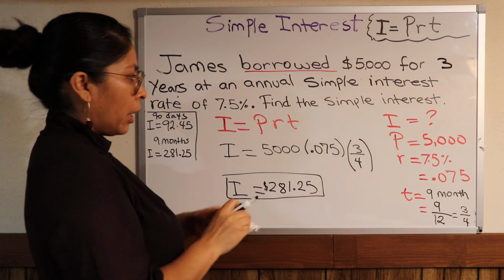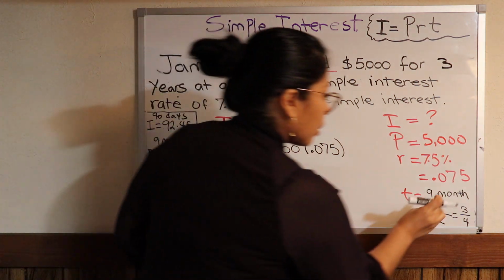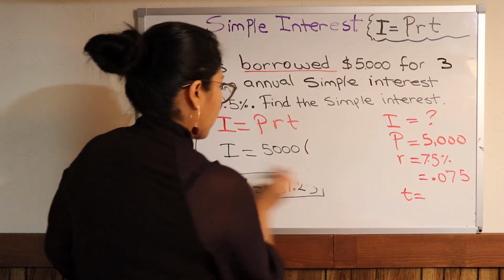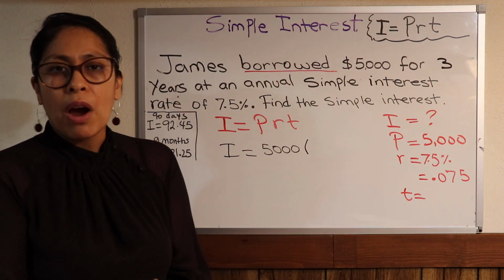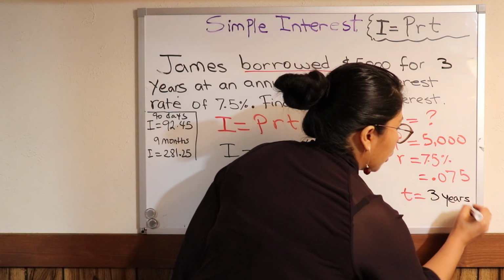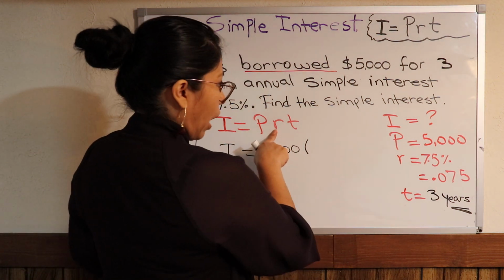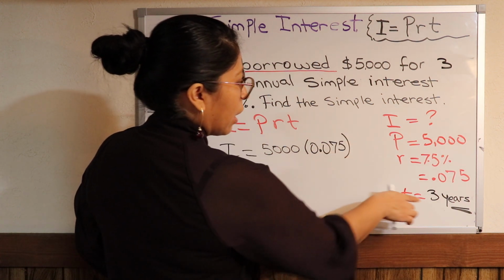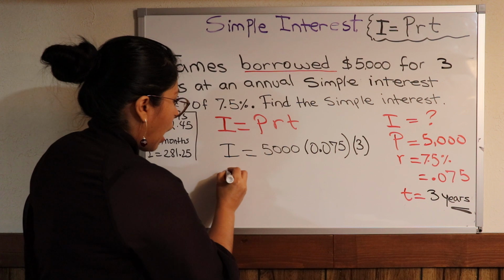So again, everything is going to stay the same. The principal, the rate, but now the only thing that is changed is the time. So in this case, the time is 3 years because I have the time in years. I don't have to do anything. Just write down the number. So it's 3 years. I already have the years right here, so I don't need to change it. So I just have to go here and plug it in. So R is 0.075 times 3 years. So I equals to,